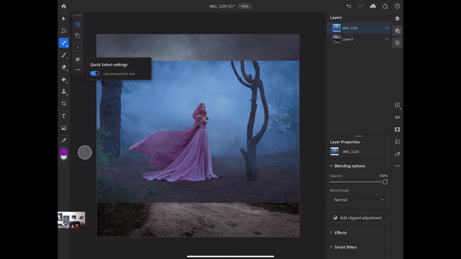If I click on three dots, you will see that we have one extra option. We have the quick select settings option. You can enable or disable use pressure for size. I prefer to enable this feature, so I enable it. Using the quick selection tool, I will start selecting my main subject. And as you notice, guys,